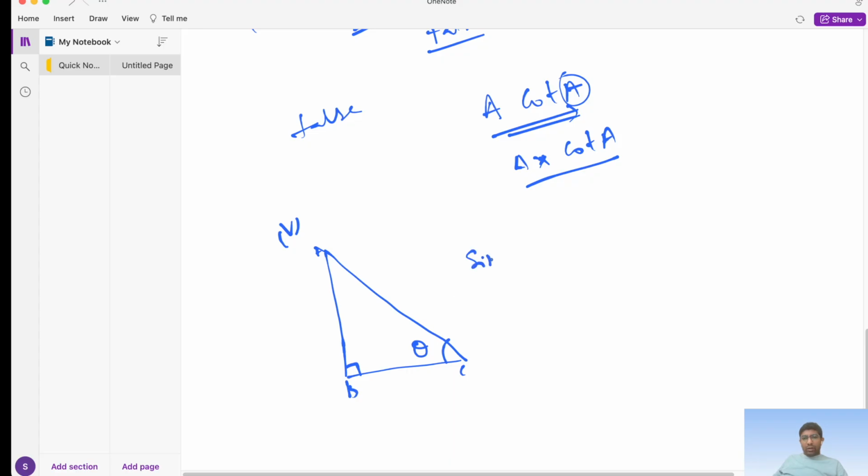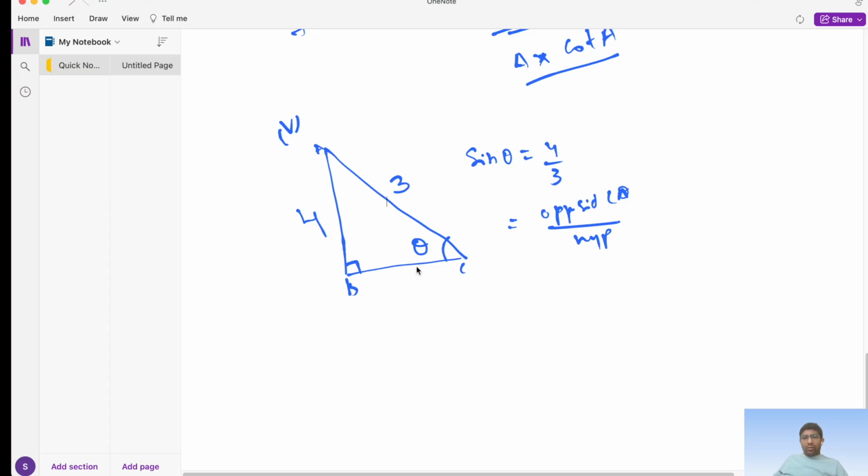Sin means opposite side of angle theta divided by hypotenuse. That means 4 is the opposite side AB and hypotenuse is 3. So by looking at this, we can say that this triangle is not a proper triangle